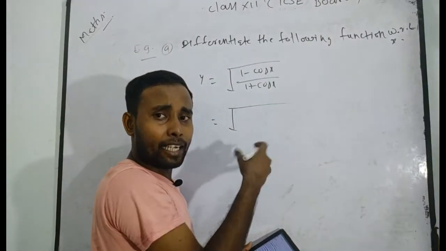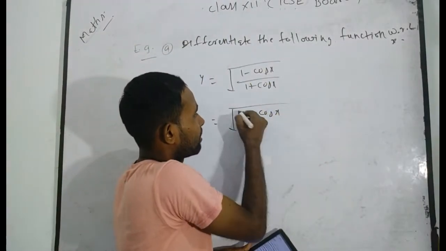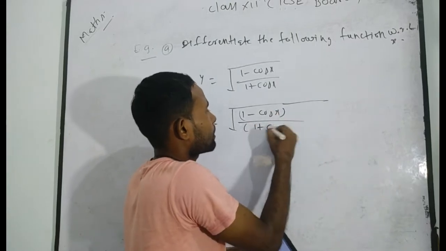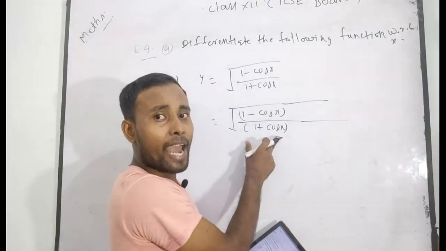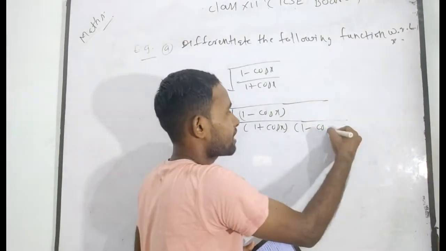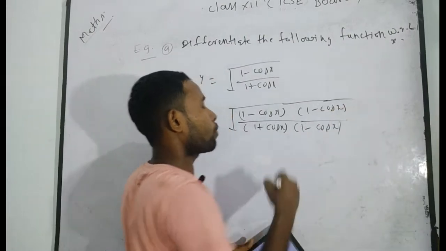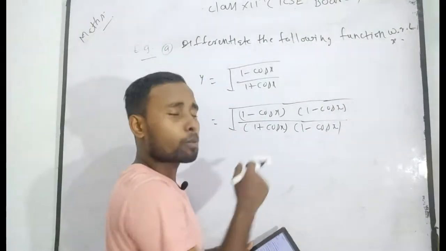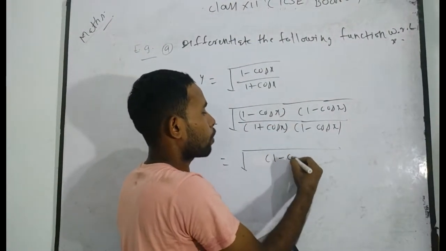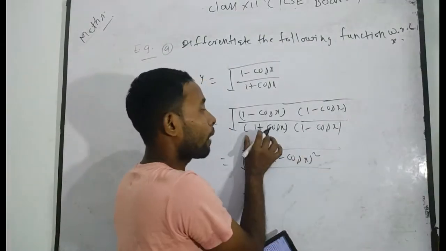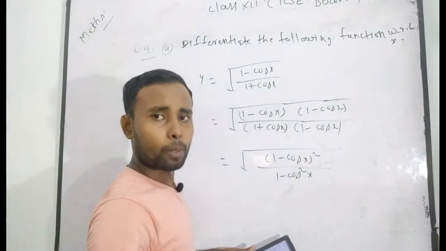After multiplying under the root by its denominator's conjugate, you will get 1 minus cos x divided by 1 plus cos x. The denominator is 1 plus cos x, and its conjugate will be 1 minus sin x, sorry, 1 minus cos x. Now you have to multiply numerator and denominator simultaneously. Thereafter you will get (1 minus cos x) into (1 minus cos x) divided by (1 plus cos x) into (1 minus cos x). Now if you multiply it, you will get (1 minus cos x) whole square divided by (1 plus cos x) into (1 minus cos x). In that case the denominator becomes 1 minus cos square x.